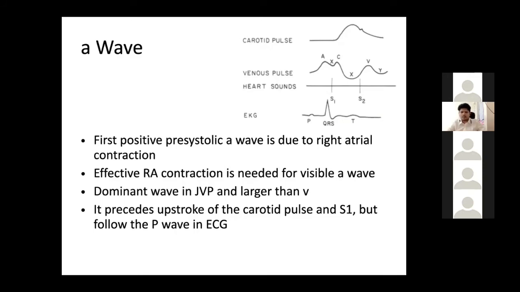Without seeing the apical impulse or without touching the carotid, don't tell whether it's an A wave or a V wave. There are various differences between an A wave and a V wave. An A wave is a flicker wave, whereas a V wave is full and undulant. It is a dancing wave. You cannot mistake an A wave for a V wave, because an A wave is firm, it is at one point, it's just a flicker. Whereas a V wave is like an undulant wave, a full part of the skin of the neck which pulsates. That is a V wave. So it is not difficult to pick it up. A V wave comes with the carotid, an A wave comes before the carotid. So these two things are very important.